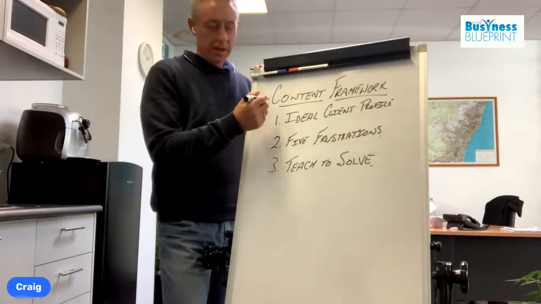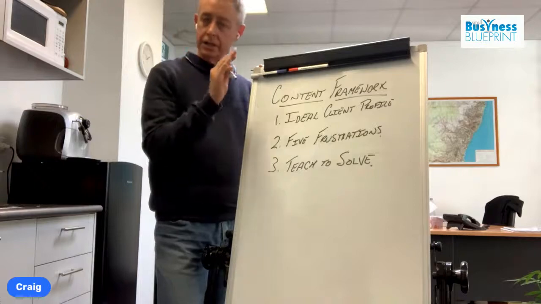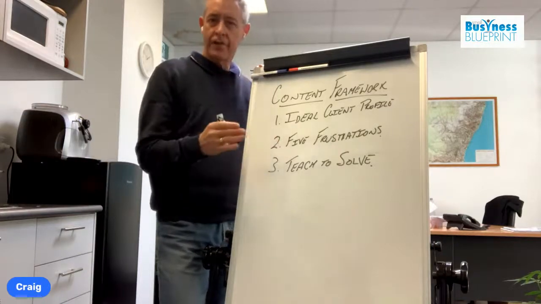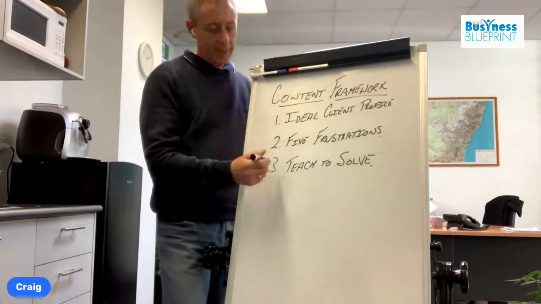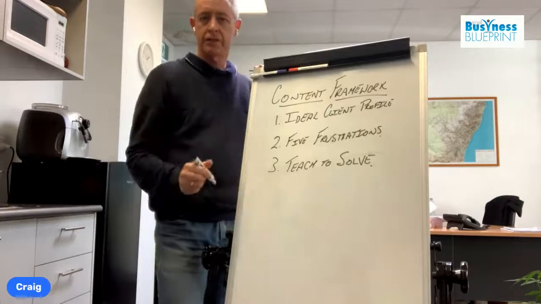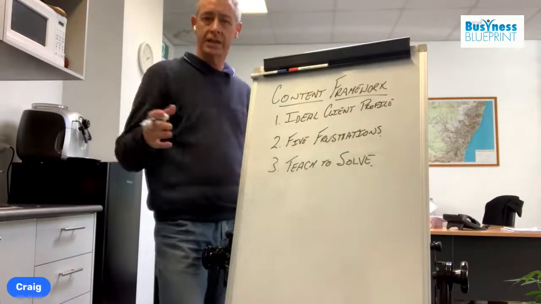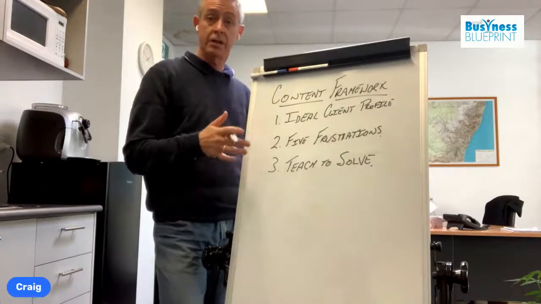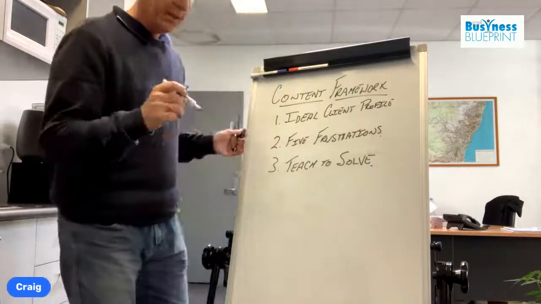So our first 3 steps is make sure we have our ideal client profile in our mind and conscious about who we're writing for. We think about the top 5 frustrations that they're facing with the topic of our content or the problem, and we're writing or teaching to solve so that they can take that away and solve their problem or know the next step they need to take, whether it may be to contact you to help them. So it's about building, it's about long term, it's about planning. The fourth one